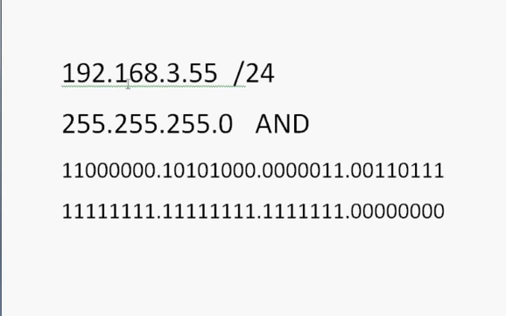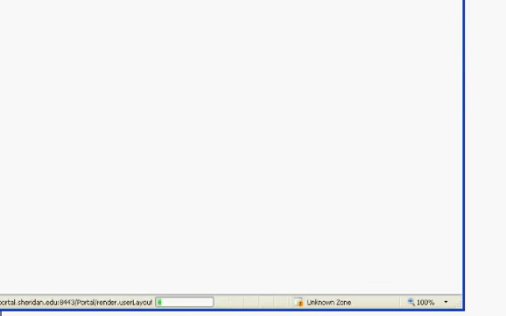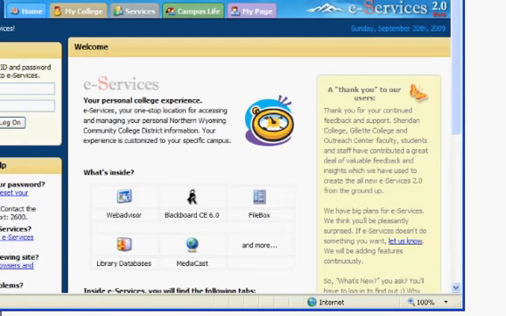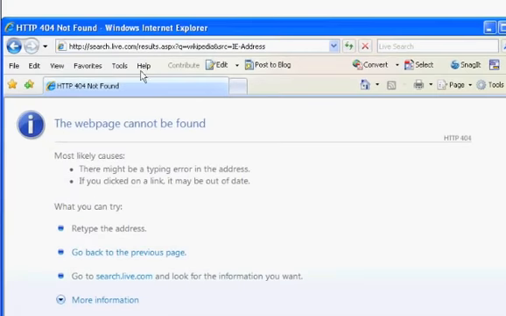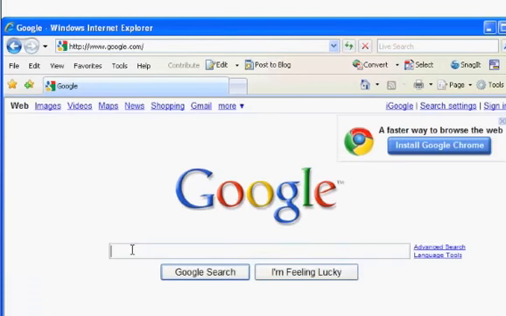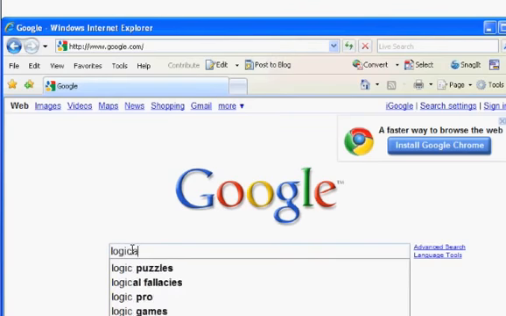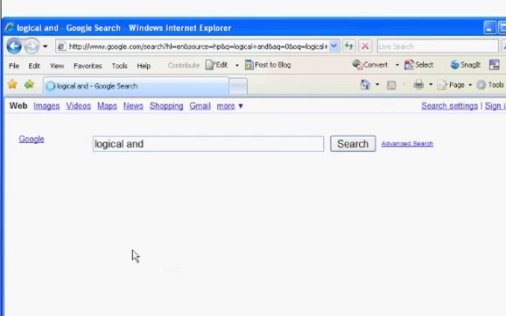Let's go to Wikipedia, and just really quickly, let's go to Google. Okay. Logical AND, right? Logical conjunction, just look it up very quickly in Wikipedia and bring it up,